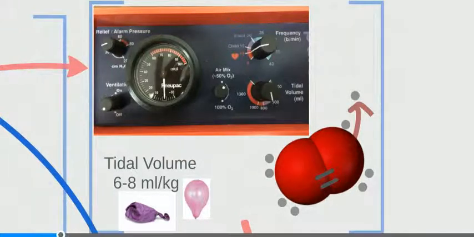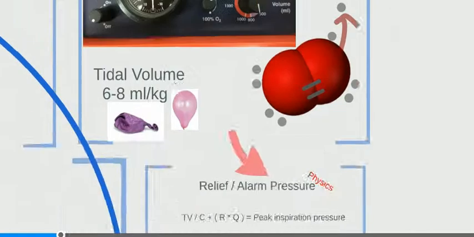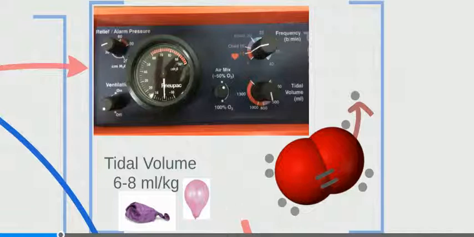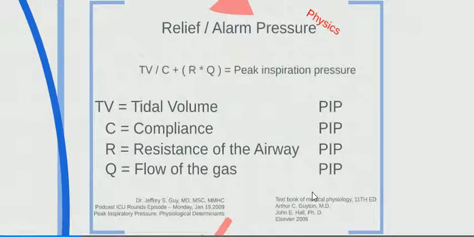The next one is actually really fun, and it's the pressure relief alarm. We can actually set it, let's go back and I'll show you. It's this alarm right here. Normally we want to set it to 30 to 35, nowhere above that, because if those pressures get too high, again, we could cause barotrauma within the lung. So our relief alarm pressure, we can set and manipulate. But there are some things I want you to think about when you hear that alarm pressure go off, and what can actually affect